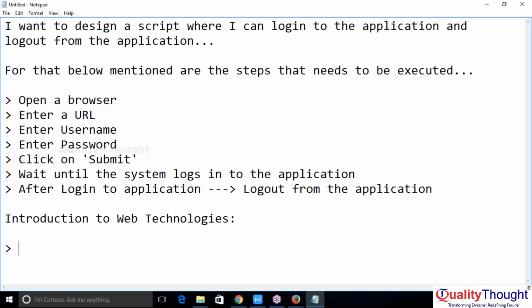Introduction to web technologies. So what is this introduction to web technologies? Anyone has an idea on web technology, like HTML? Any other things that we have in the market? No idea? Okay, let it be. So web technologies are all about, we can say, UI UX